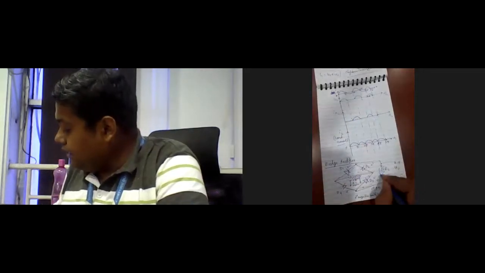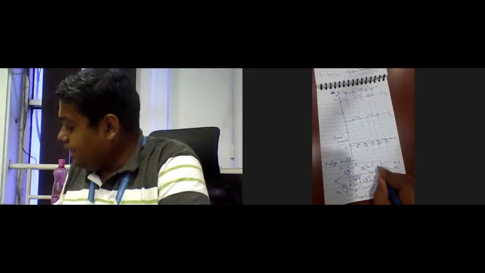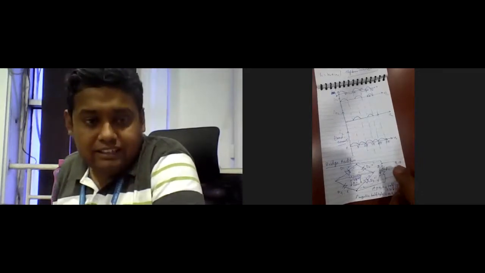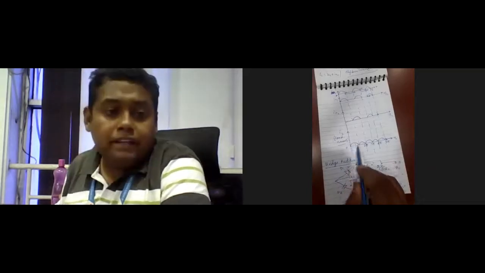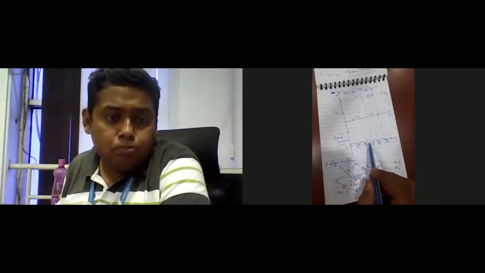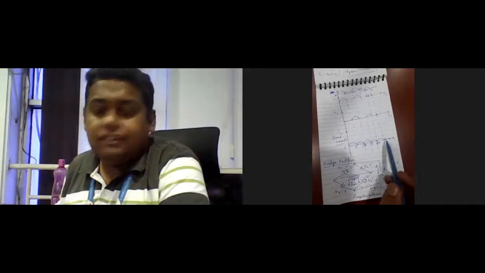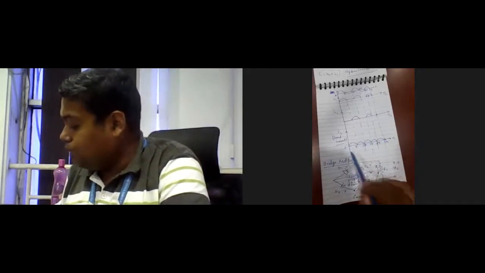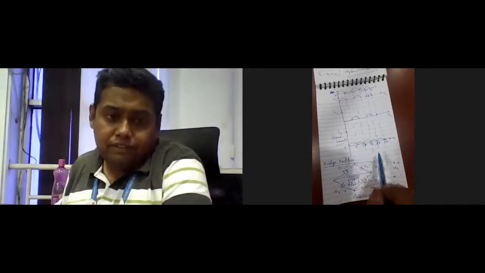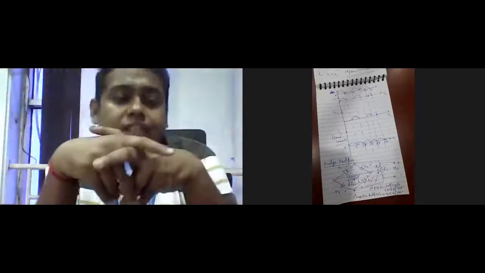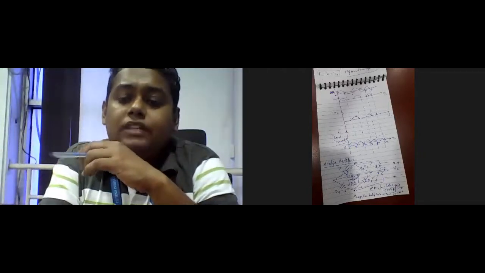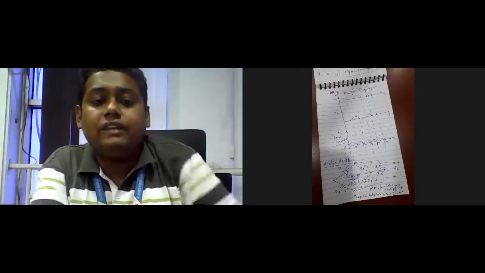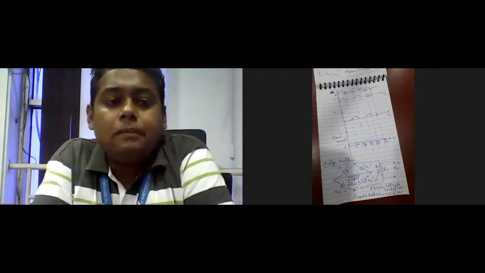And when we consider IL, the load current for the load resistance, that is V0, we get the periodic rectified output over here. We got the periodic rectified output for the bridge rectifier. Now, what is the advantage of the bridge rectifier over the full wave rectifier? It is also one type of full wave rectifier, but what is the main advantage of the bridge rectifier over the center tap full wave rectifier? Can you tell me?